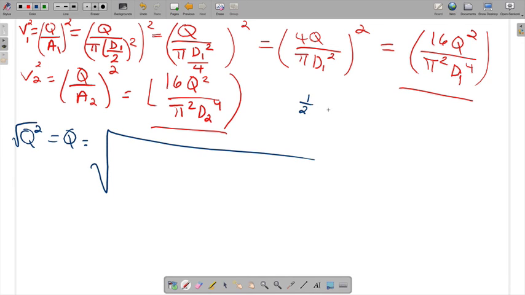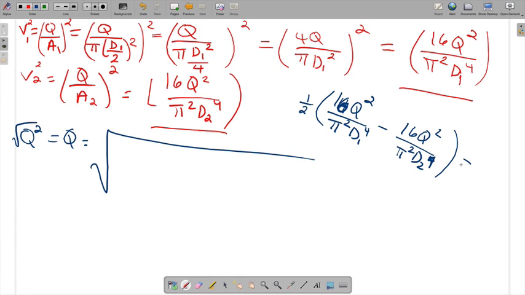Okay, so this is the half, rho, V1 minus V2 squared. The rho, we already canceled out. So what we're going to do is 4q squared, 16q squared over pi squared d1 to the 4th minus 16q squared over pi squared d2 to the 4th. Okay, that is equal to g times Z1 minus Z2. And notice we have a Q squared right here and a Q squared right here, right? So that's what we're doing. We're pulling all of that out. So if you take that equation and rearrange it and pull everything out,